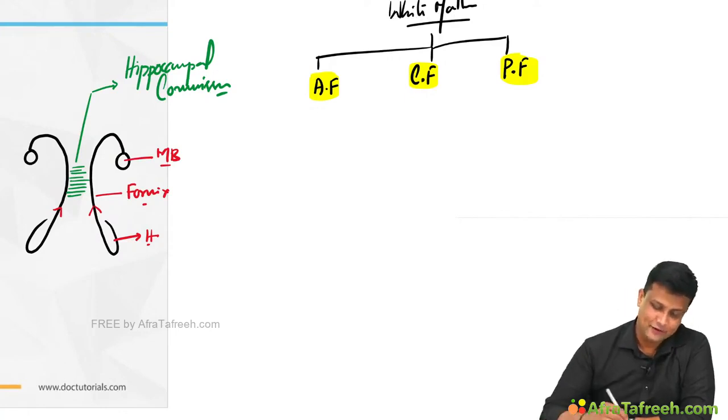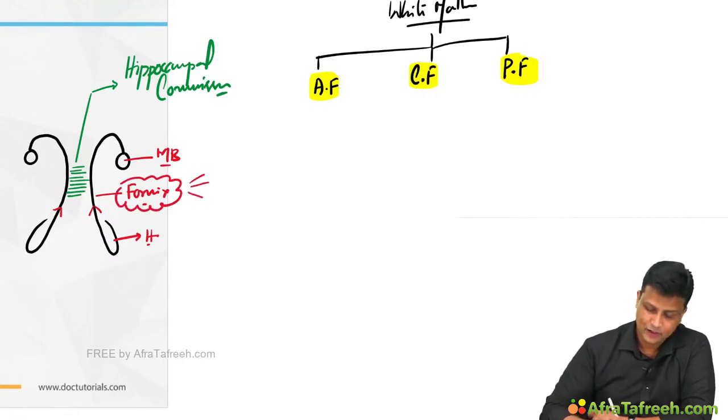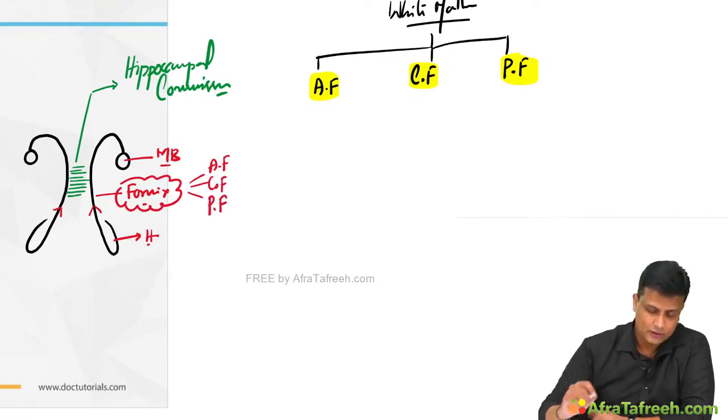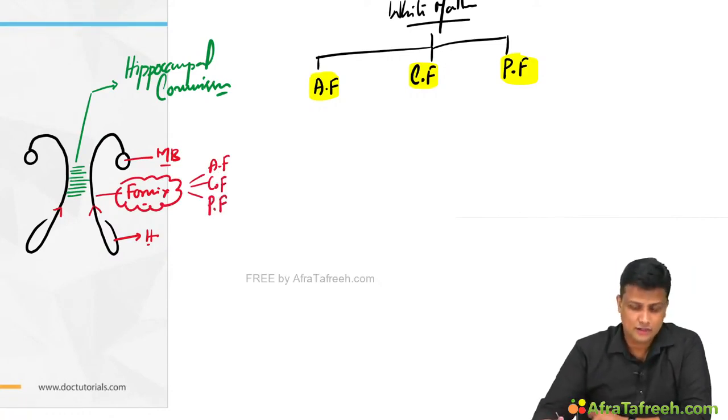Yes, very good. Remember one thing, yes, to your surprise, fornix belongs to all the three categories. Fornix belongs to association fiber also, as well as the commissural fiber also, as well as the projection fiber. All the three of them. Fine. But